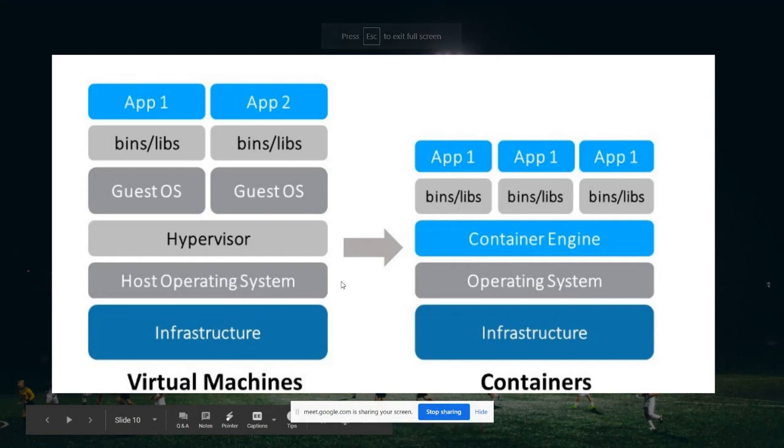You need to load the operating system again and again. So to avoid that step,